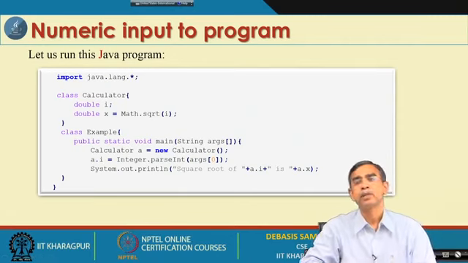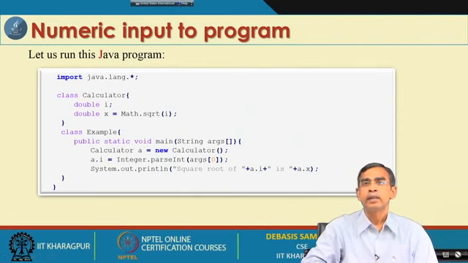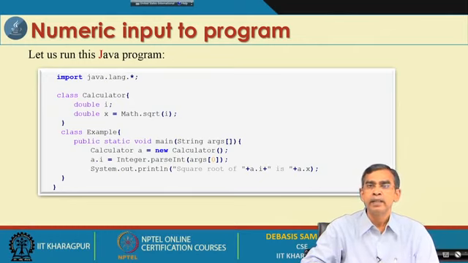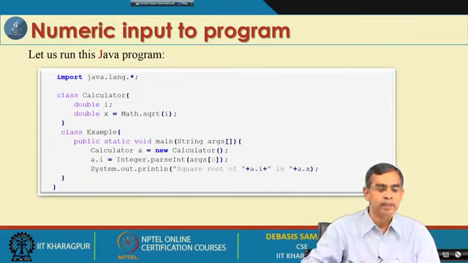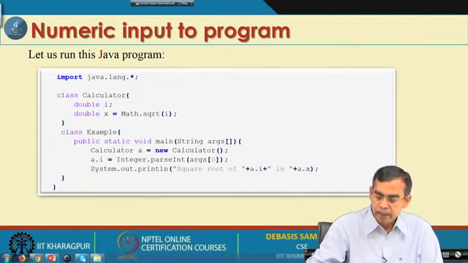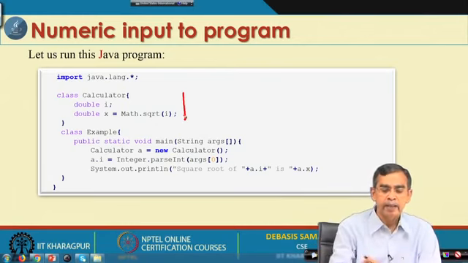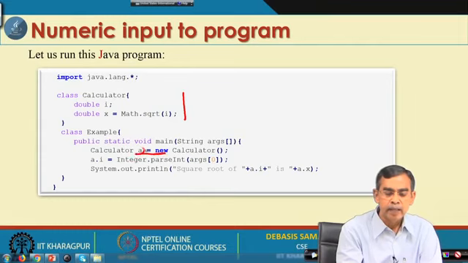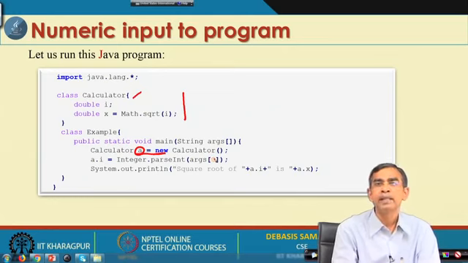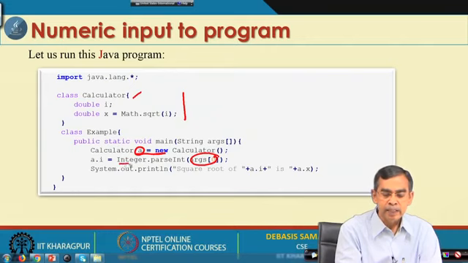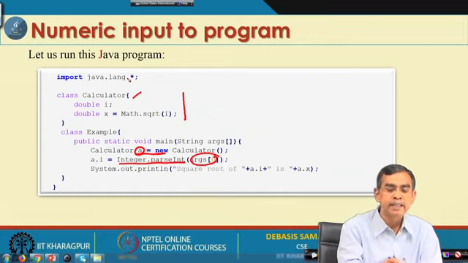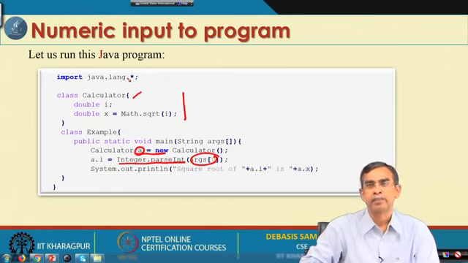Here is an example. Suppose, as I told you, input is of the type string class, string objects, right, and then if it is an integer input, how can we get the integer value from it. So, this is an example here. Let us see this example again, the calculator class that we discussed earlier, and then we create an object A of the calculator class. Now, arg0, if we pass an input as an integer, then arg0 will take it as an input, and then this method Integer dot parseInt is declared in the lang package.